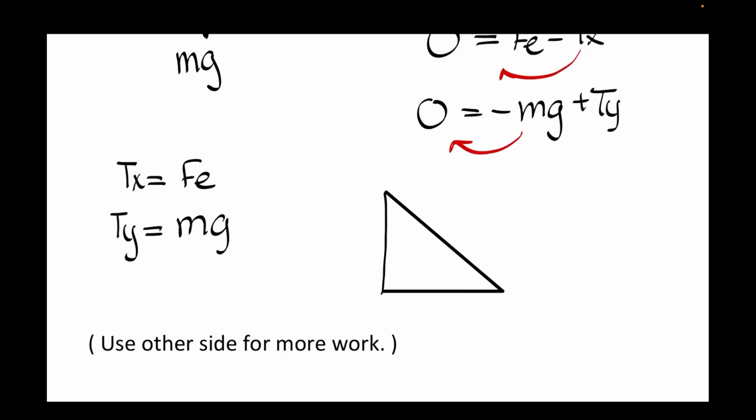I'm going to draw this nice and clean for us. So this is our T, this is our theta, this is our Tx, this is our Ty. Perfect. We can relate Ty and Tx together via the tangent of theta equals opposite over adjacent, which equals, let